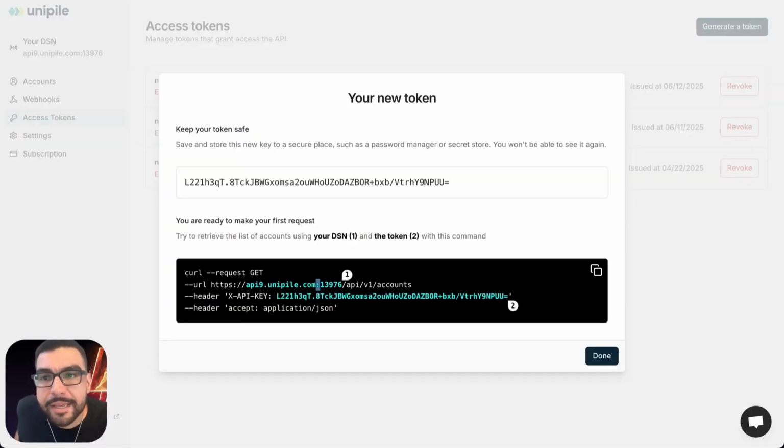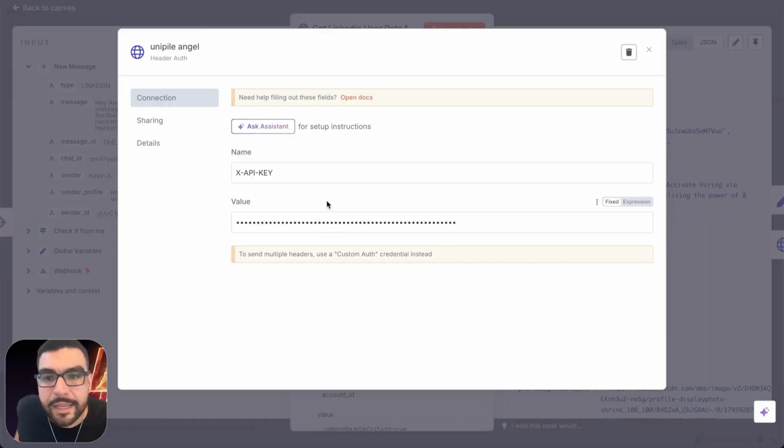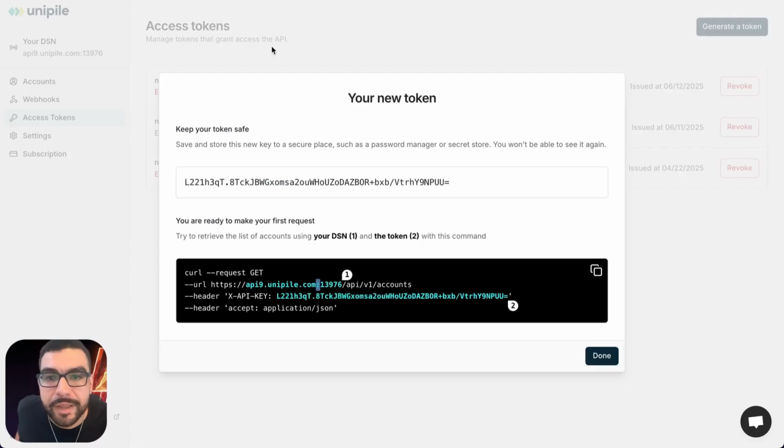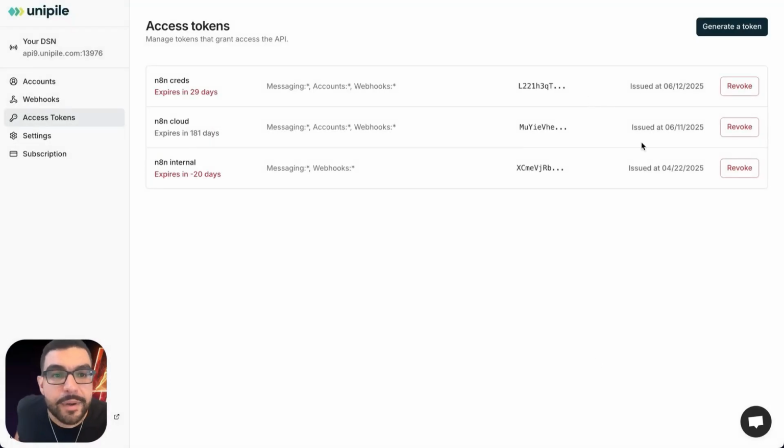We're going to copy that API key, easier to just copy it here, into this value. Now you will want to use the x-API-key in all caps exactly as we see here. And don't forget to give it a name. So here I'm going to leave my old one in place. I'm going to come back here, I'm going to hit done, and I'm going to go ahead and delete this